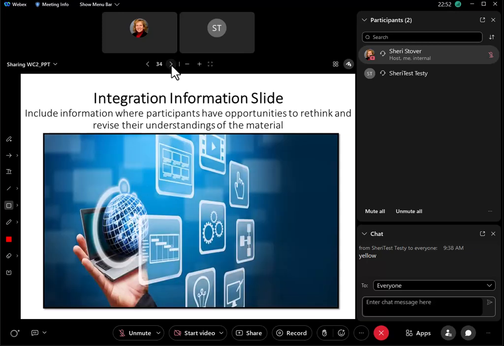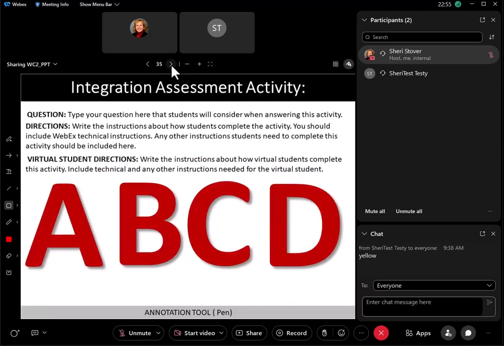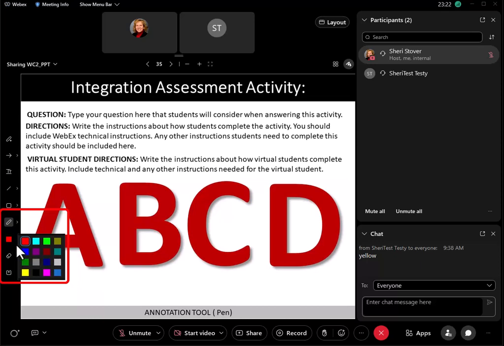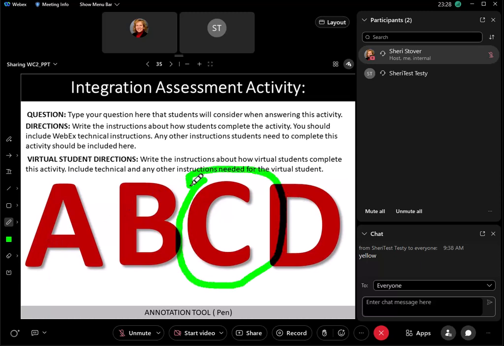So you make those connections, maybe even to their personal life, but you're going to continually include assessments and interactions throughout it. So again, type the question or the little prompt, what the directions are, and how virtual students will do it. Maybe virtual students continually just include the information in their missed class summary. So in this case, we're going to use the pen tool. So you coach them to come over here in their annotation tools and click on the pen. You can even change the color. In this case, it's already red text, so you probably want to coach them to pick a different color. So they're going to select the answer that they think, and then that prompts a good discussion.